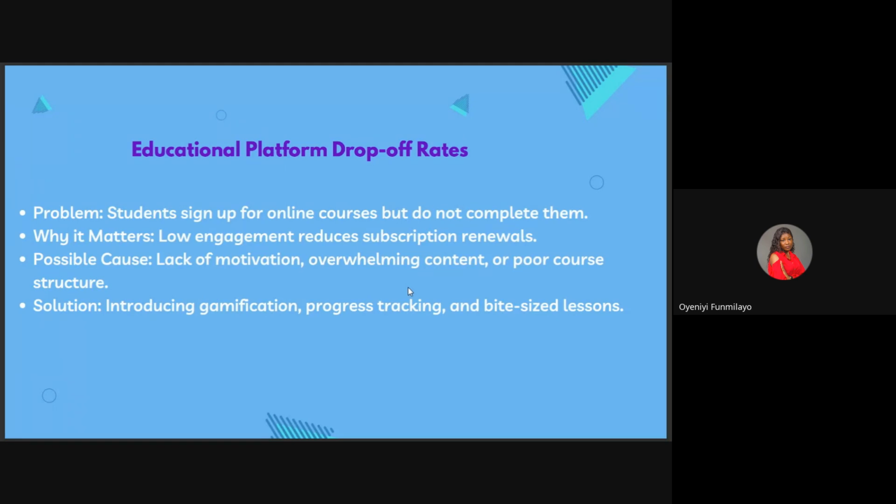So let's say we already understand that there's a low engagement rate. We would now conduct user research to understand why they are not finishing their courses. Based on the user research, we figure out that these people did not finish the courses because, one, they lack motivation. Secondly, the content is overwhelming. Then maybe the cost structure is poor. I'm sure if our cost structure is poor, people will not come to this program, right?